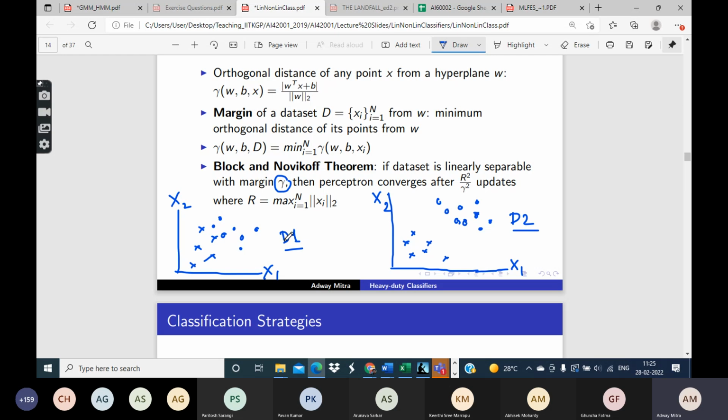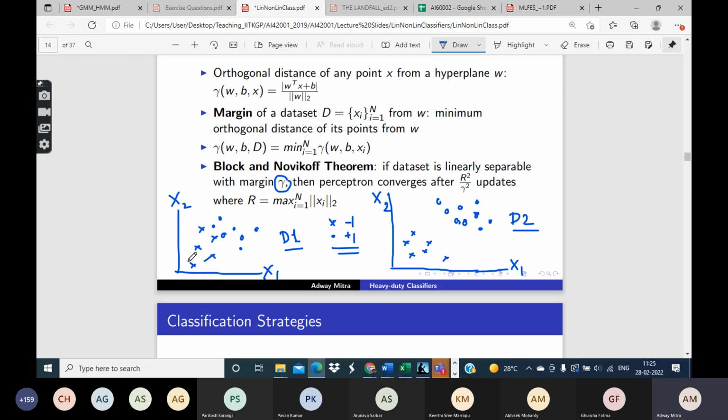Now, suppose I want to find a linear classifier in both cases, that is, a line which separates the two classes. There are two classes, cross and circle. Let us say that cross means -1 and circle means +1. So I want to find a linear structure which separates the two classes in D1 and in D2. Now, in which case do you think it will be easier to find the linear structure?